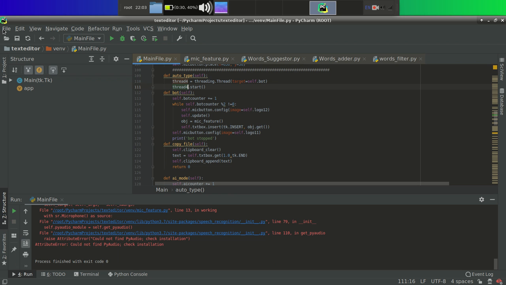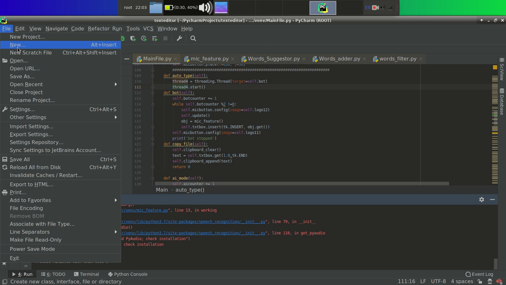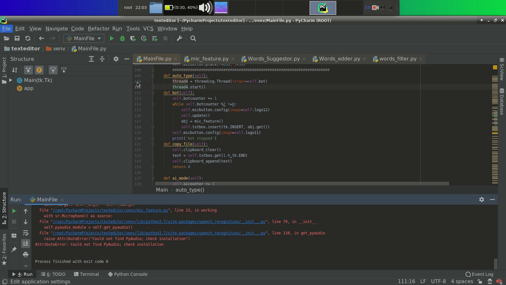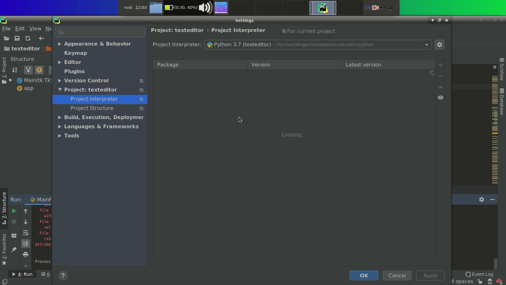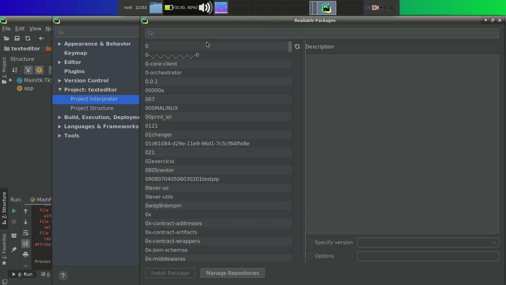How do we resolve that? We have to import a library named PyAudio, and actually this library is very tough to install. It is a very tough library. You can install each and every library, but this is going to be the hardest library to install. Okay, no problem. Let's see.